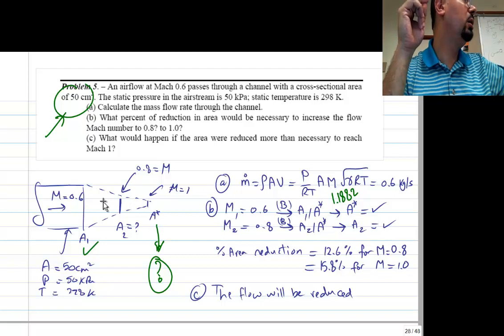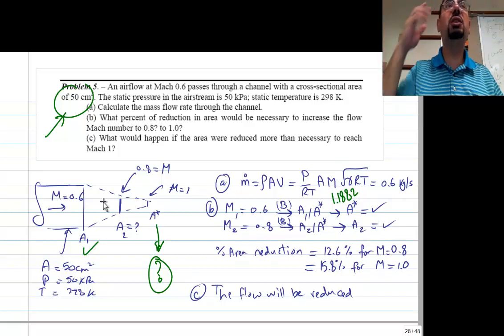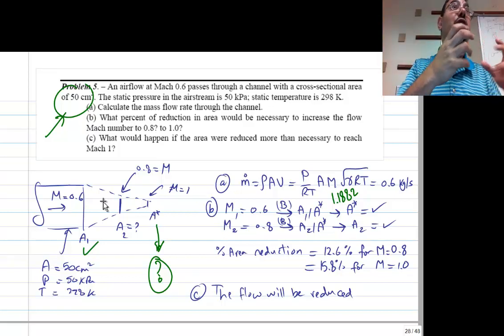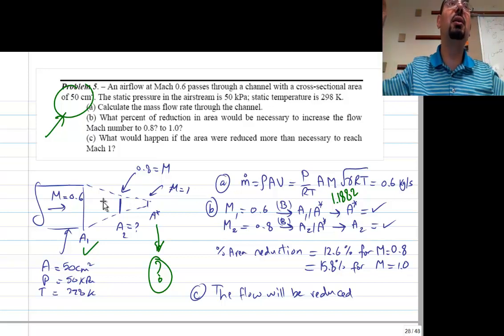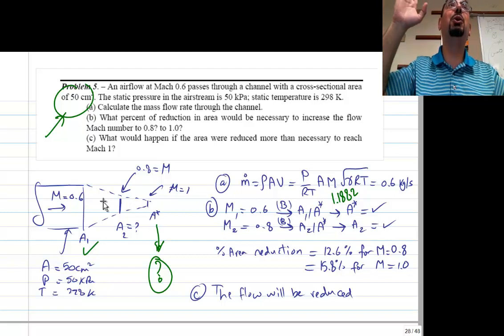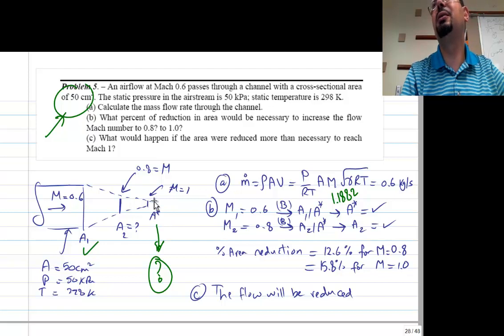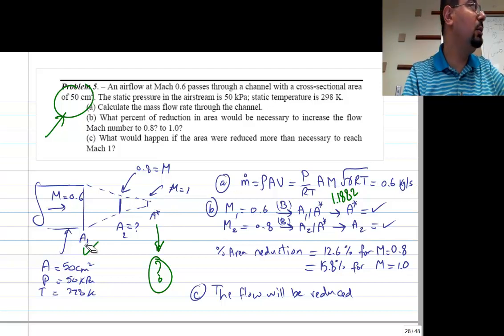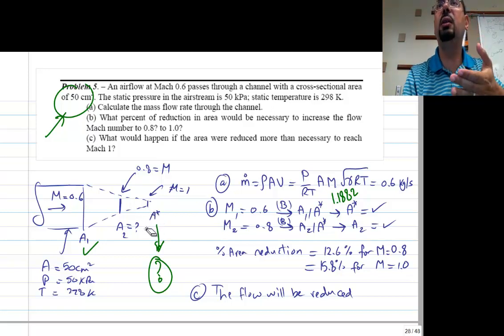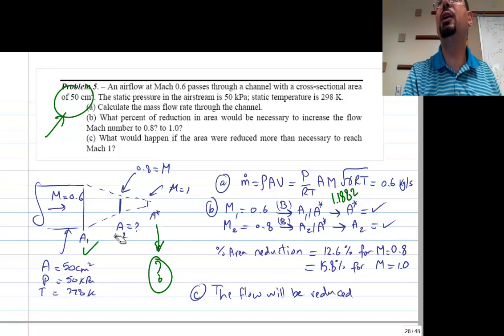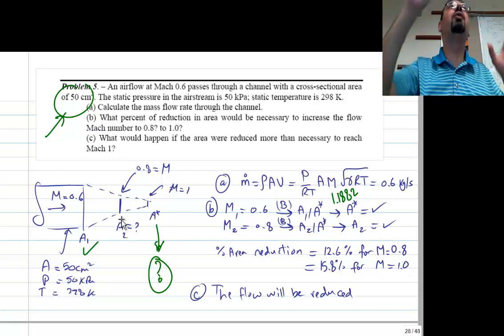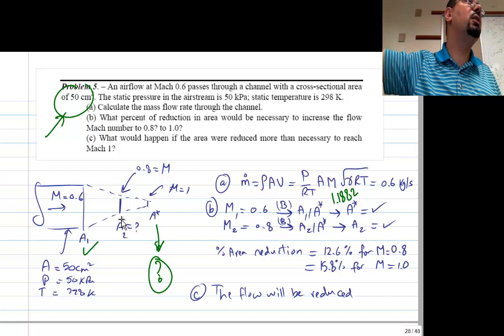he said that area star is the same area star for all of them. Just like P total, the stagnation pressure is the same for every place in the duct. Sorry, they all have the same P total. They also have the same area star. This area 1, the 50 centimeters at that Mach number, has this area star that we just calculated. It's also the same area star for area 2. It's kind of the reference state that